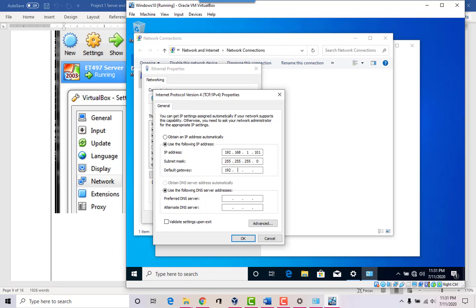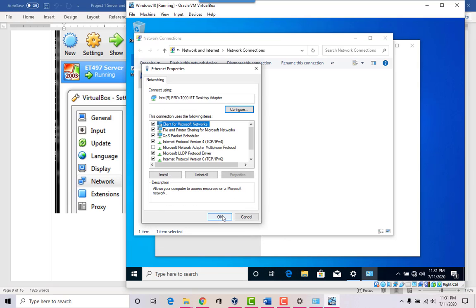So 192, 168, 1. Our server is 100. And our DNS server 192, 168, 1.100. Right, which is being configured right now as we speak. Click OK.